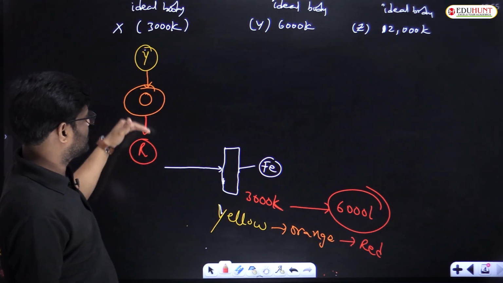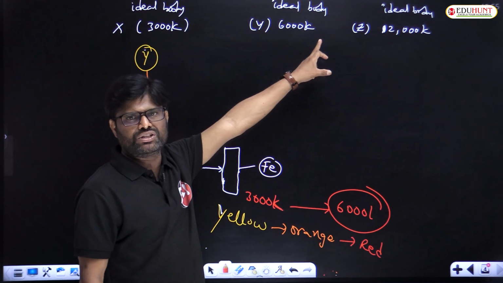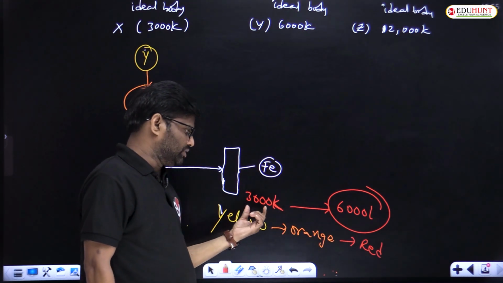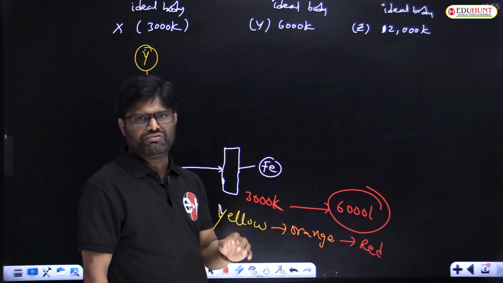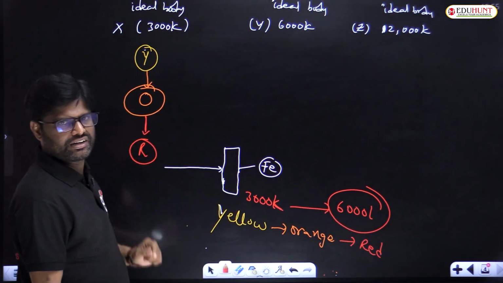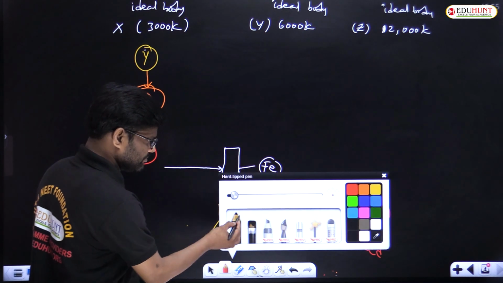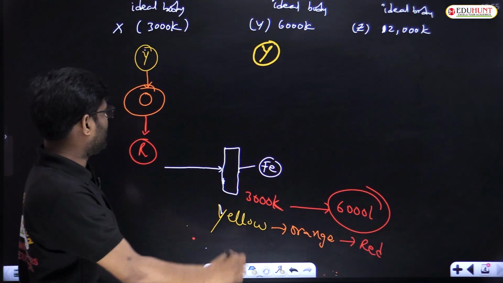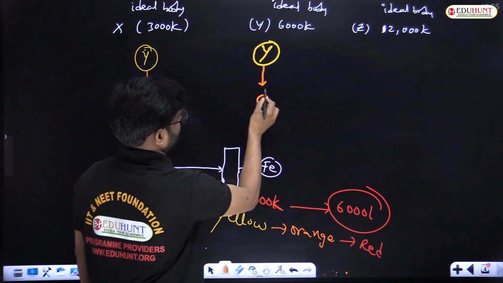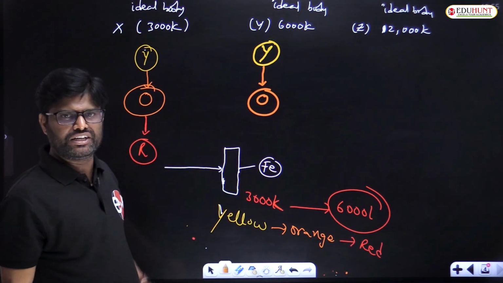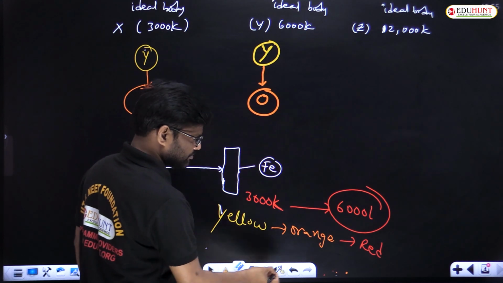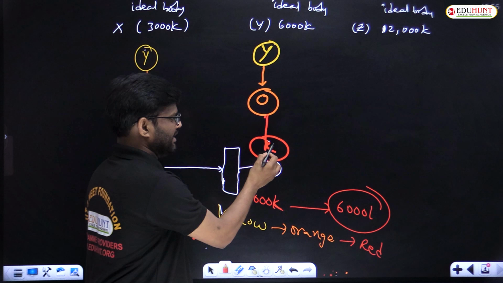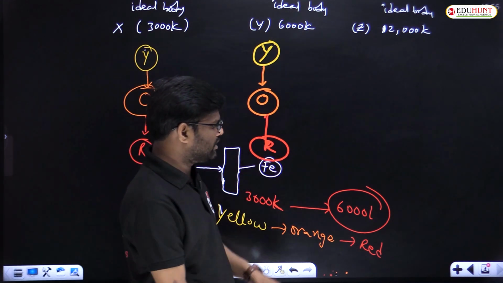Next, at 6000 kelvin temperature, I am increasing the temperature from 3000 to 6000. The brightness of the yellow color increases, and the intensity of the orange also increases. Next, the red intensity increases. Next, at 12,000 kelvin temperature,